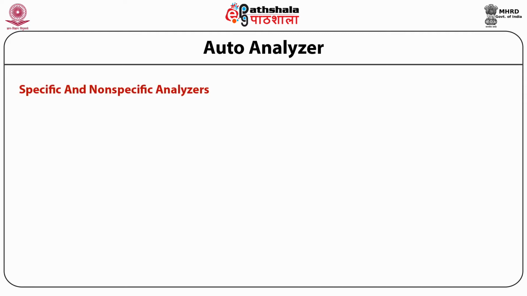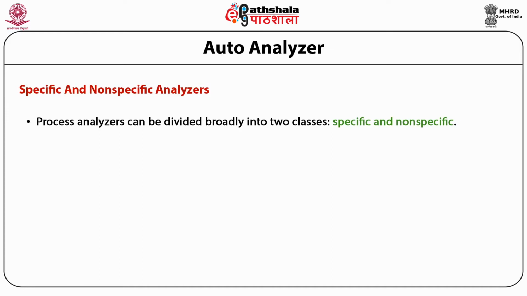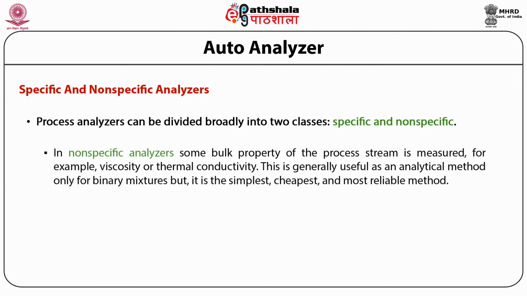Specific and non-specific analyzers. Process analyzers can be divided broadly into two classes, specific and non-specific. In non-specific analyzers, some bulk property of the process stream is measured, for example, viscosity or thermal conductivity. This is generally useful as an analytical method only for binary mixtures, but it is the simplest, cheapest, and most